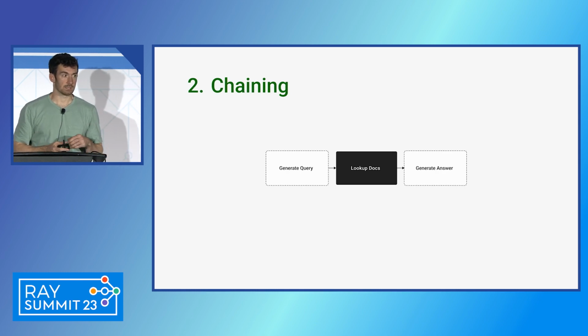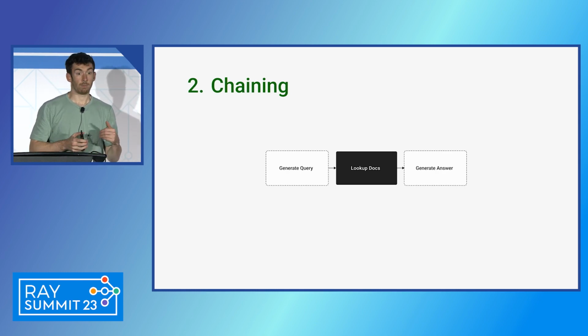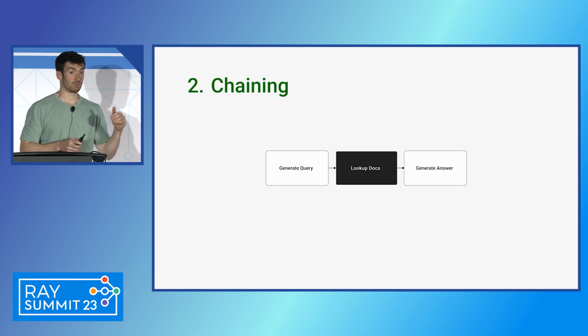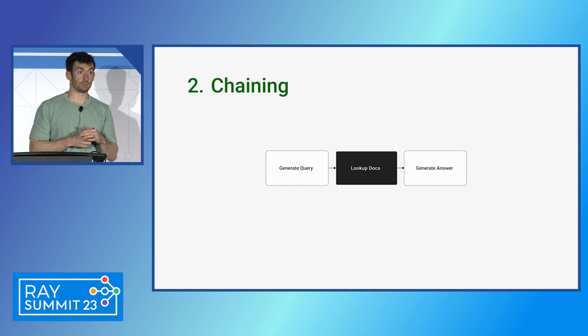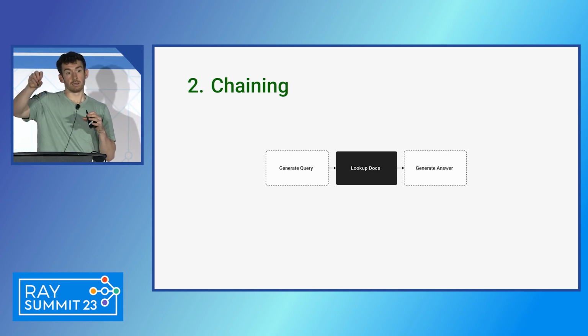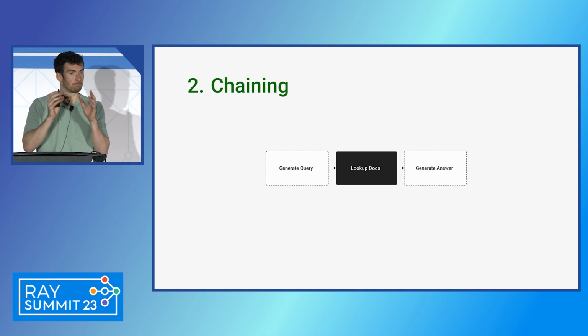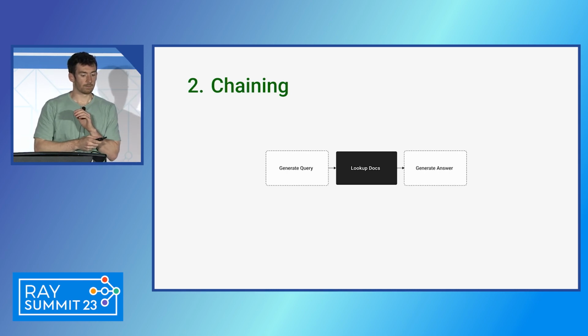And so an example of this could be related to a chatbot that chats over your data. You might have some user history. You then use an LLM to think about what to look up. So you're doing a lookup in some retriever or some knowledge base based on the language model, and then you're taking that and you're passing it back to the language model and asking it to provide an answer. And so this is a very simple kind of like chain.